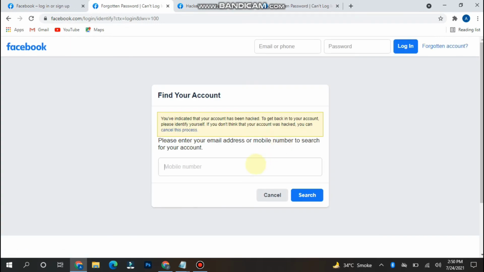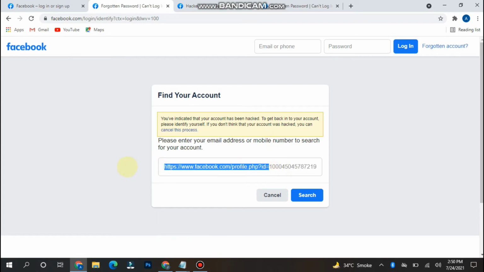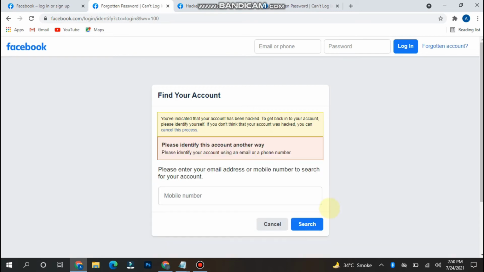Okay, here you have to enter your phone number if you still remember, or you have to simply enter the 16-digit code again and click on the search. Okay, it will again give you an error.